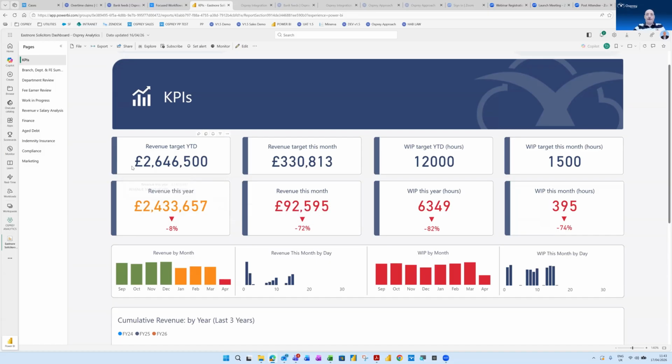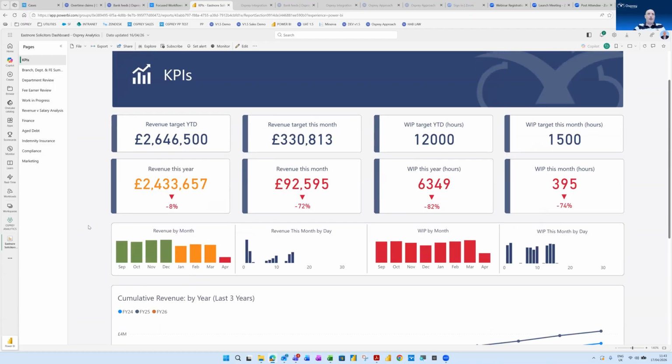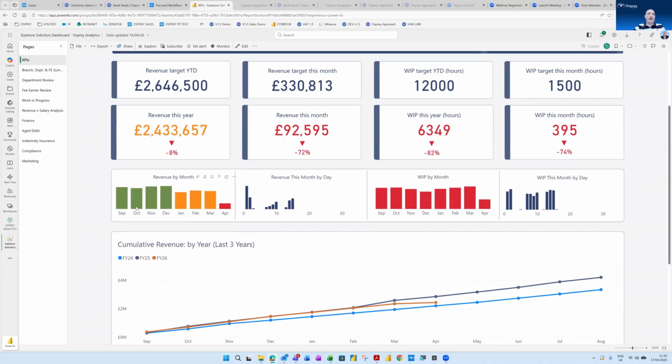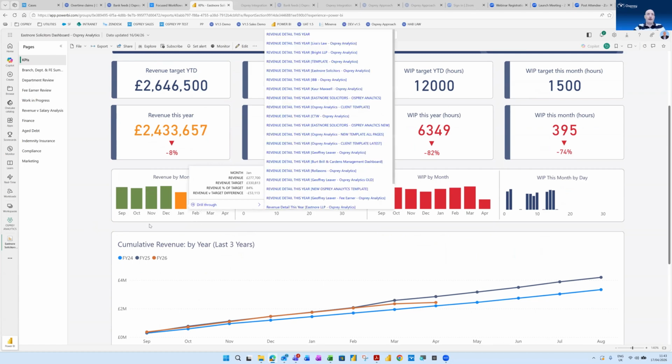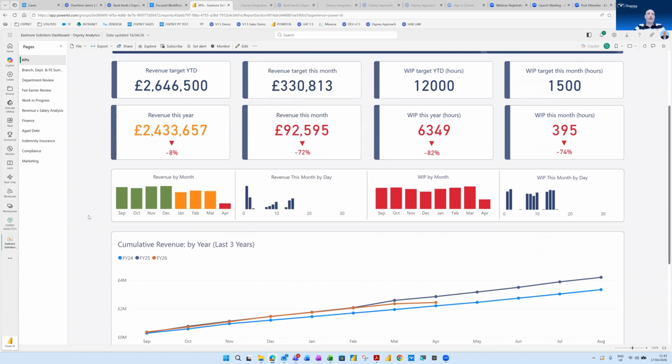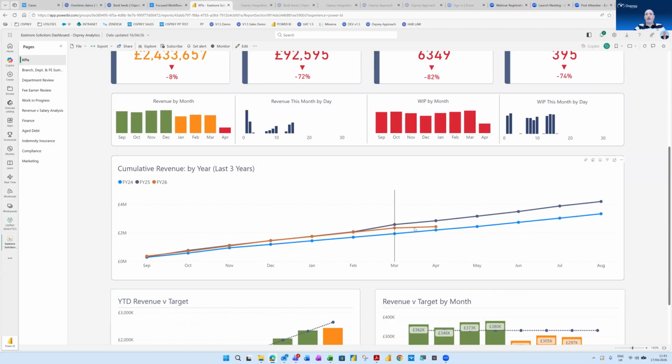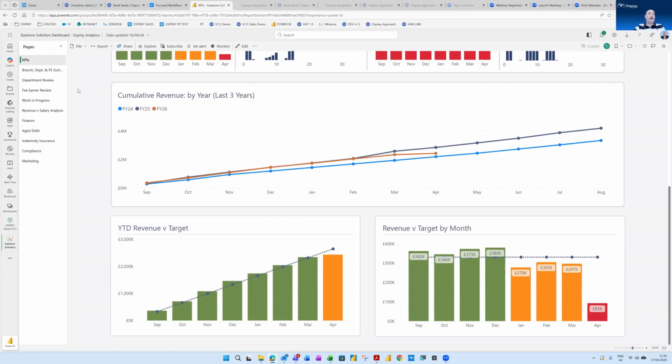We also have the ability to pull through information from other third-party systems, perhaps your HR system for things like salaries. All of that information can be pulled through. Everything is color-coded, so you can see whether we're meeting or exceeding our targets or we've got work to do. All of our cumulative revenue, so how we're trending in comparison to previous years. Down the left-hand side, again, the